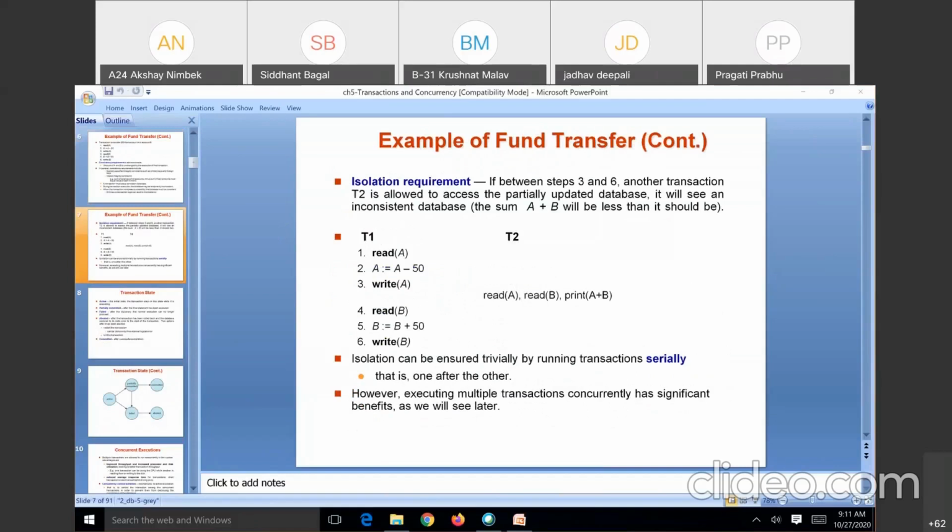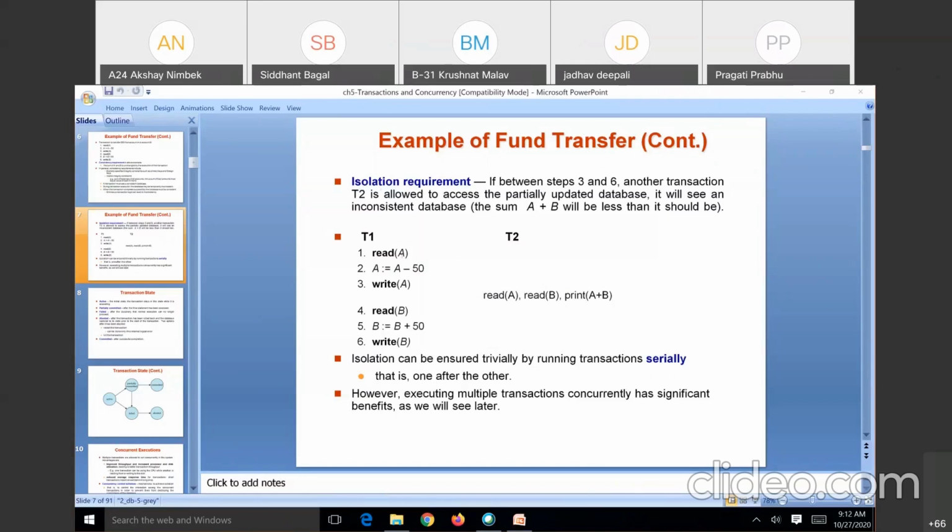Isolation is one of the important properties when we consider concurrency, or when transactions are executed concurrently, more than one transaction executing at a time. In that case, isolation is very important. What it means is that when one transaction is updating a data item, another transaction cannot access that data item. Otherwise, it results in data inconsistency. So that is known as isolation. Always remember, this is one of the very important properties in the case of concurrency control.